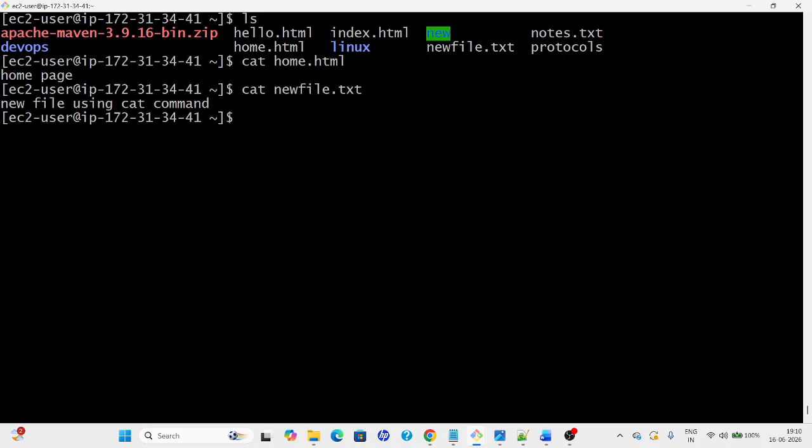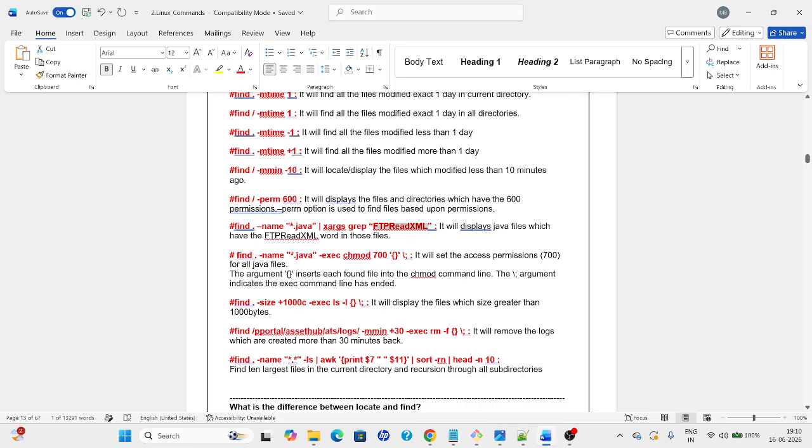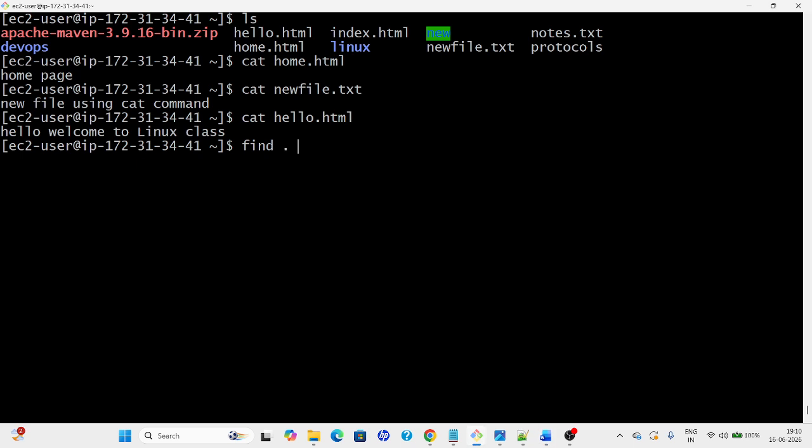So this is the content which we have in the different files. Now I want to display the HTML file which contains a particular word. In the HTML files we have "hello, welcome to Linux class" and "home page". So I'm going to search with find, using this command: find . -name